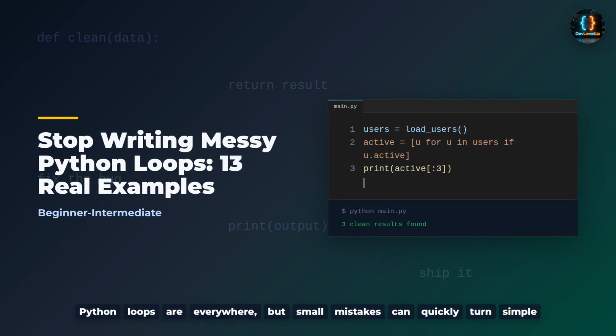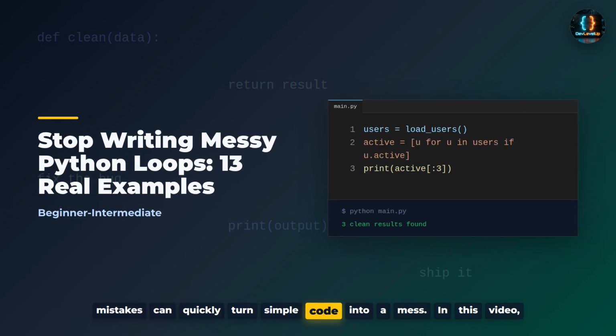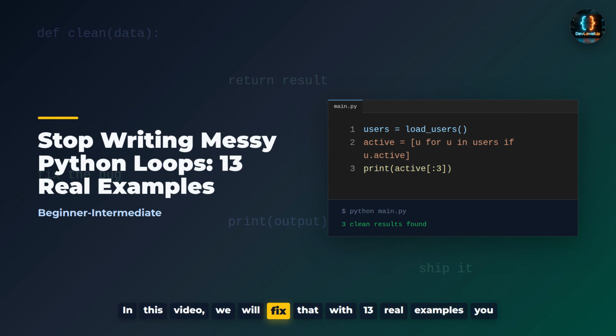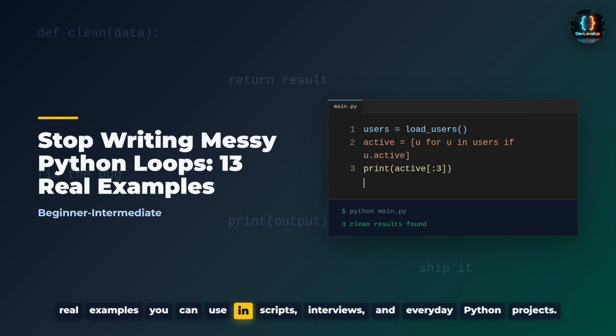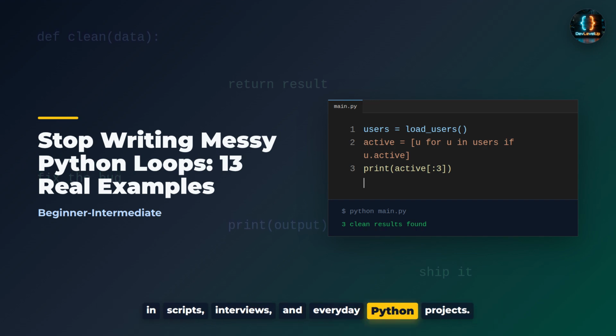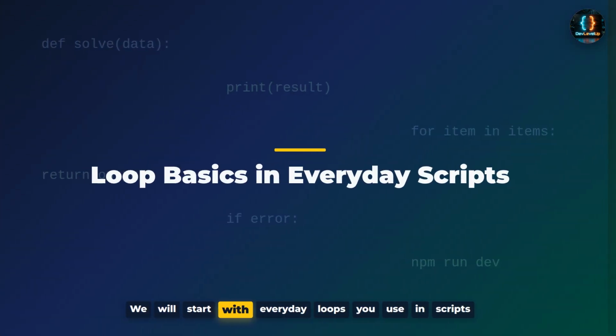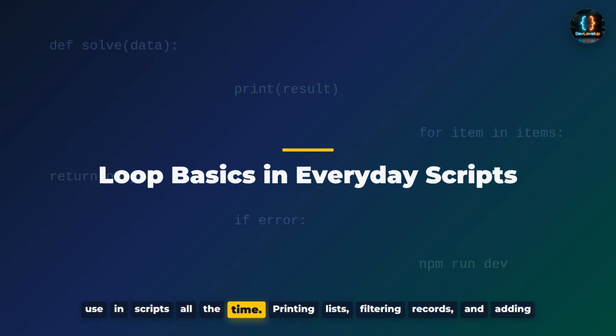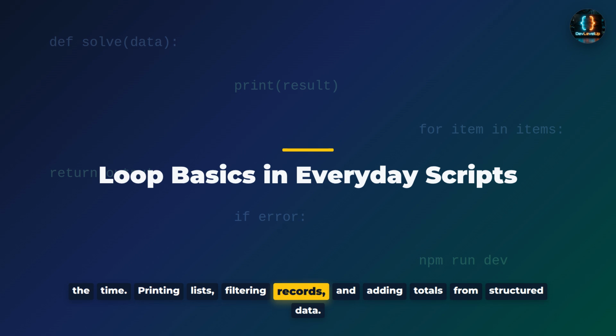Python loops are everywhere, but small mistakes can quickly turn simple code into a mess. In this video, we will fix that with 13 real examples you can use in scripts, interviews, and everyday Python projects. We will start with everyday loops you use in scripts all the time: printing lists, filtering records, and adding